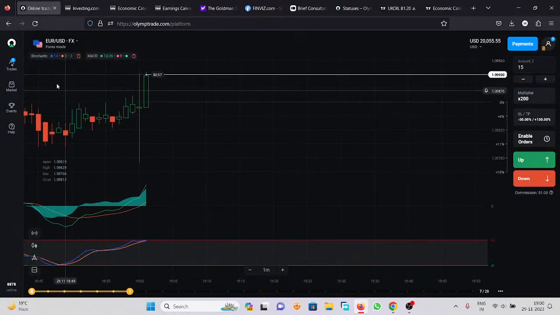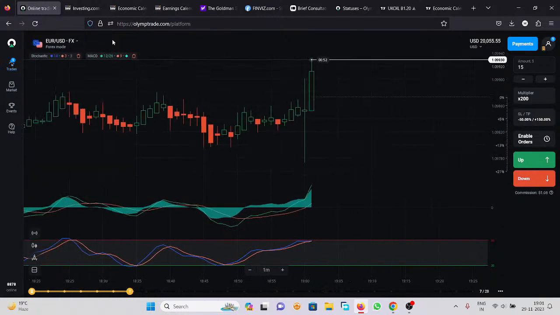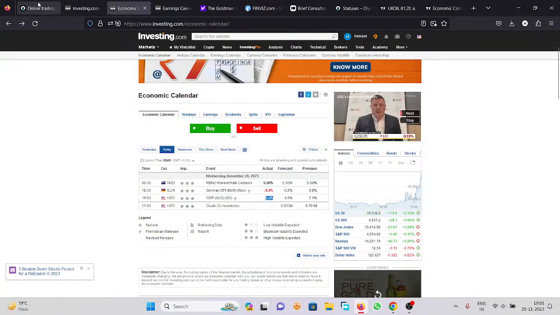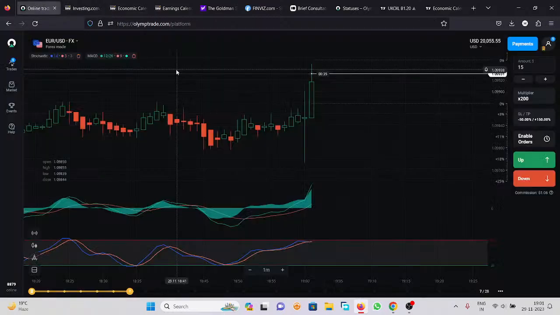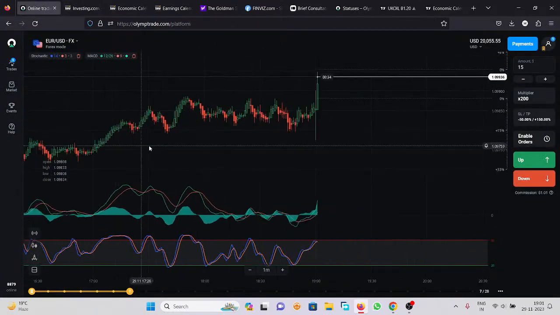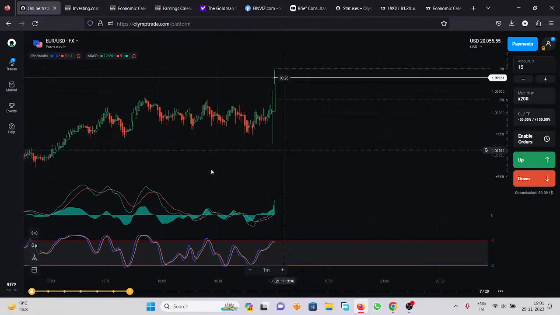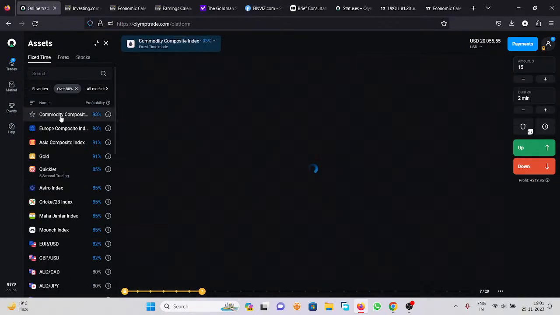So this is how things work. Remember, whenever this kind of news is coming, try to avoid trading in that situation. Avoid trading during the release of important economic news. Better to let the market settle down and then open the trade. So what is high market activity? Whenever you don't find any signal, that means it is not a high market activity time. Better not to open the trade or change the asset.